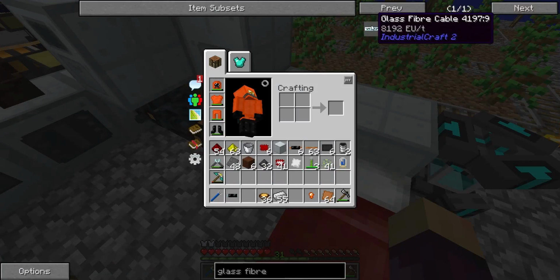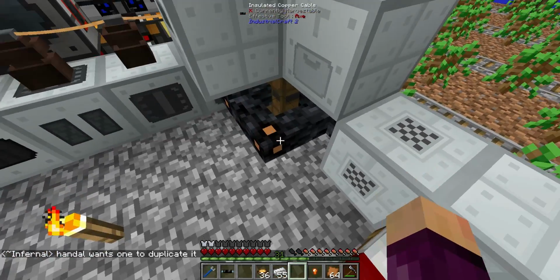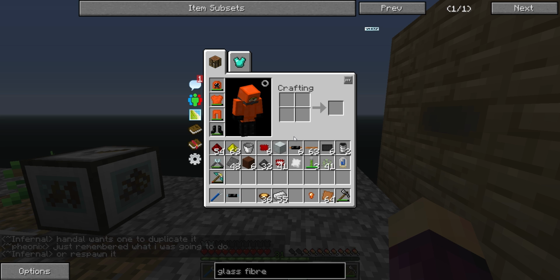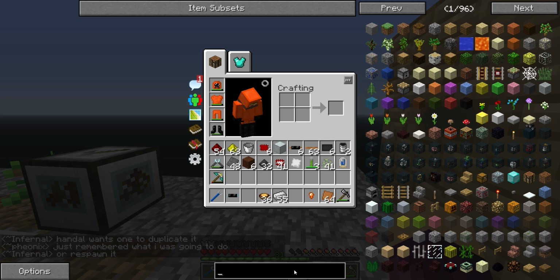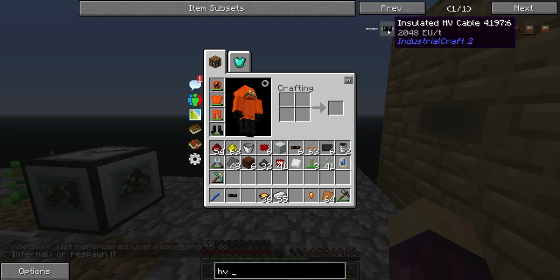The reason that I've chosen to use the glass fiber cable over some of the other cable: I don't think you can use normal insulated copper cable on the nuclear reactor. I think it just burns out the cable, so that would be a waste. As far as other cable, there is HV cable, which is this stuff here, which can transfer up to 248